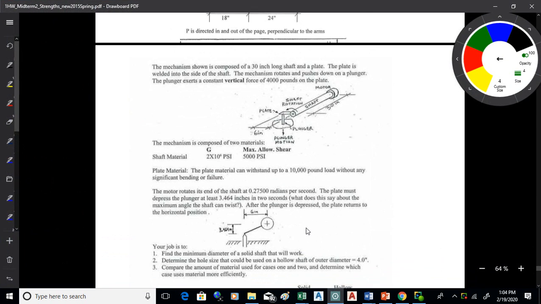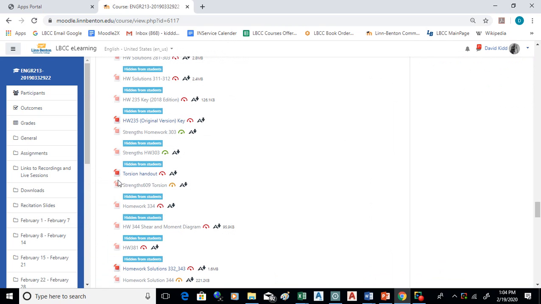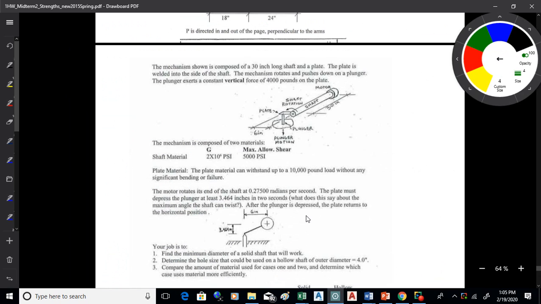So we're looking at a little problem that looks like this. If you're online, it's in Moodle. It's called the Torsion handout right there. Okay. So we'll just finish up torsion with this one. So what we're going to do with this thing is we are going